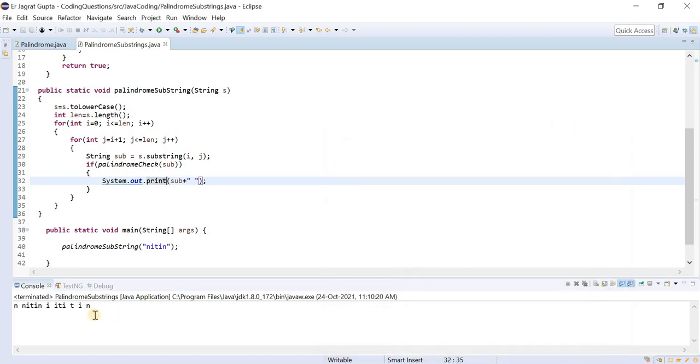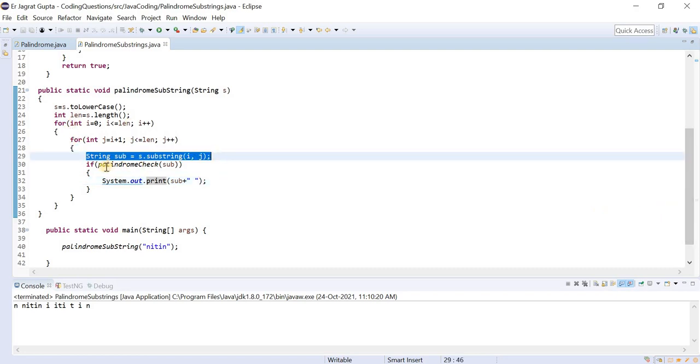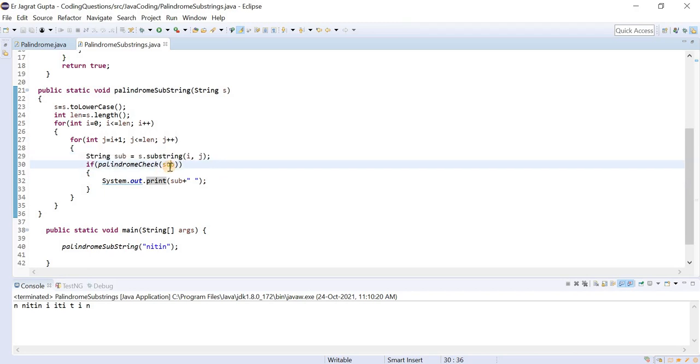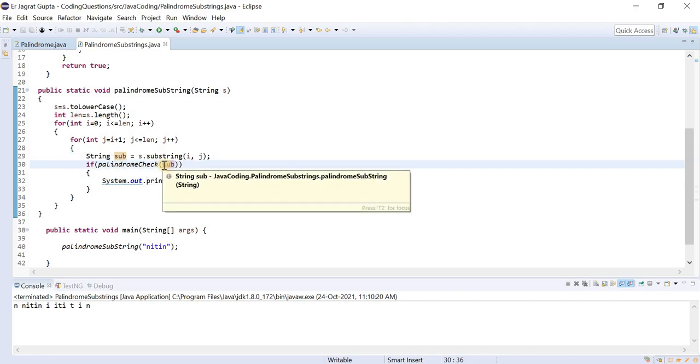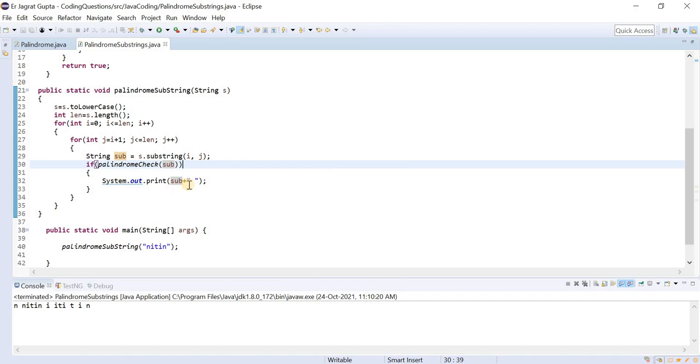So in the first step we extracted all the substrings, and in the second step, one by one we are checking immediately whether those substrings are palindrome or not. If those strings are palindrome, then we print them, otherwise we skip those strings. So this is our approach.